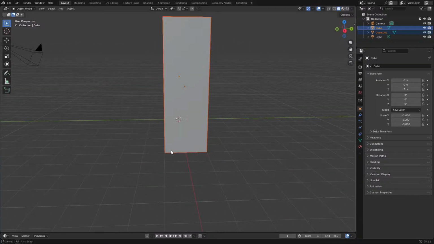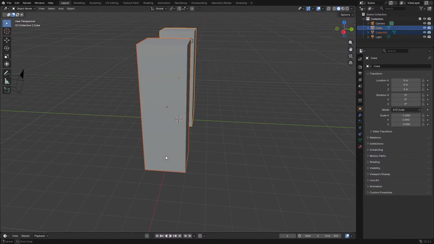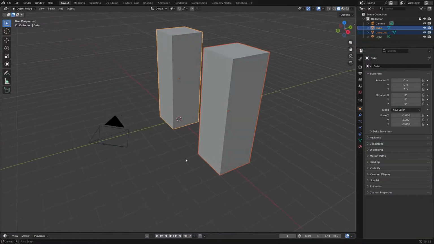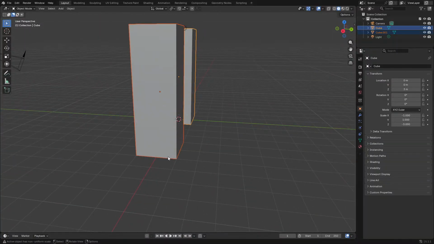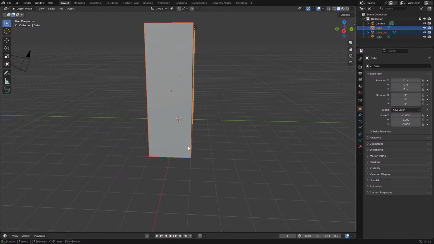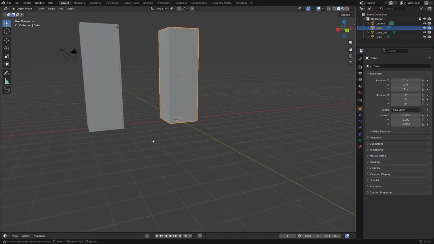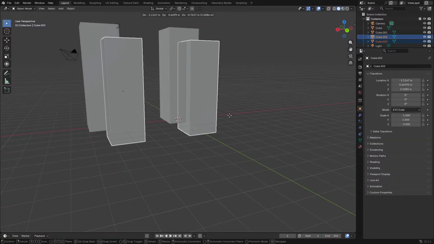D. So 2 spaces. Let's duplicate again. D is not intuitive.